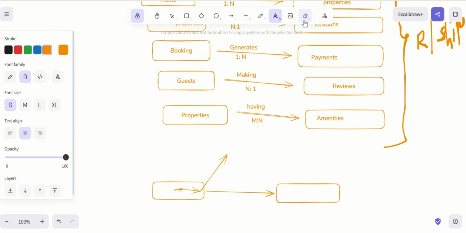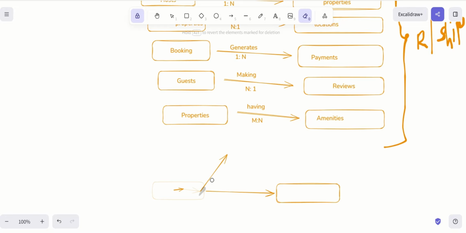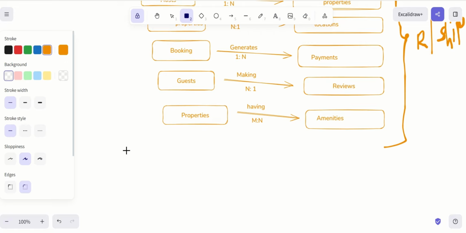So first of all, let's understand what this many-to-many relationship means. Let's assume you have this table here, this is a property table,